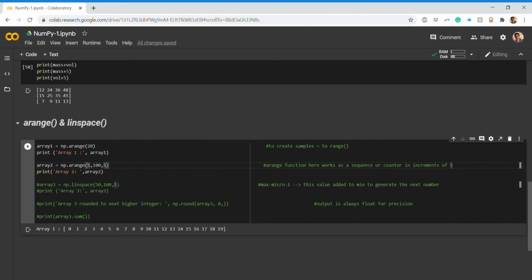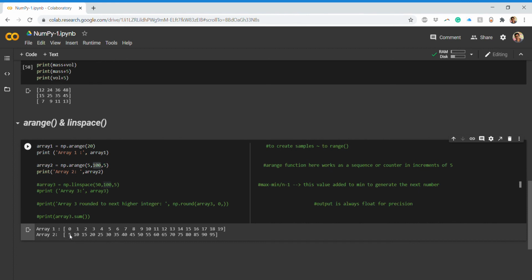But it will not print 100. Instead it will stop 5 places before. If I run this, you get 5, 10, 15, 20, 25, 30, 35, and at the end you get 95. Just 100 minus 5. You don't get the 100.